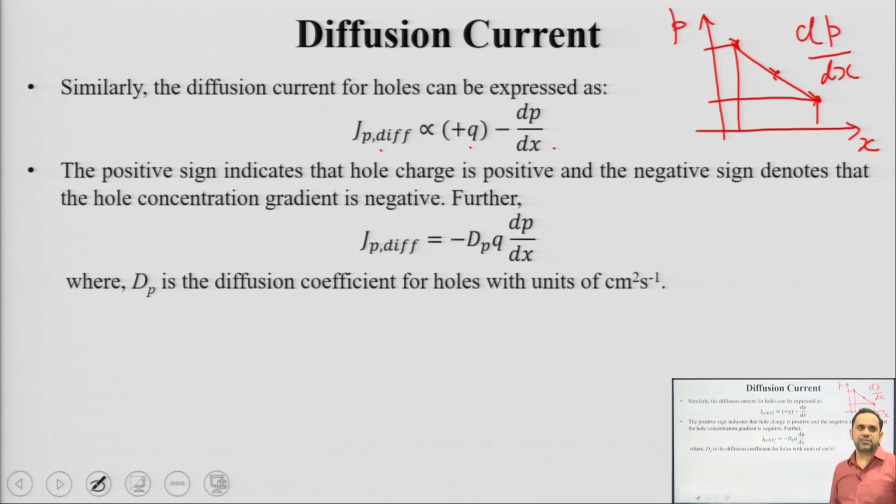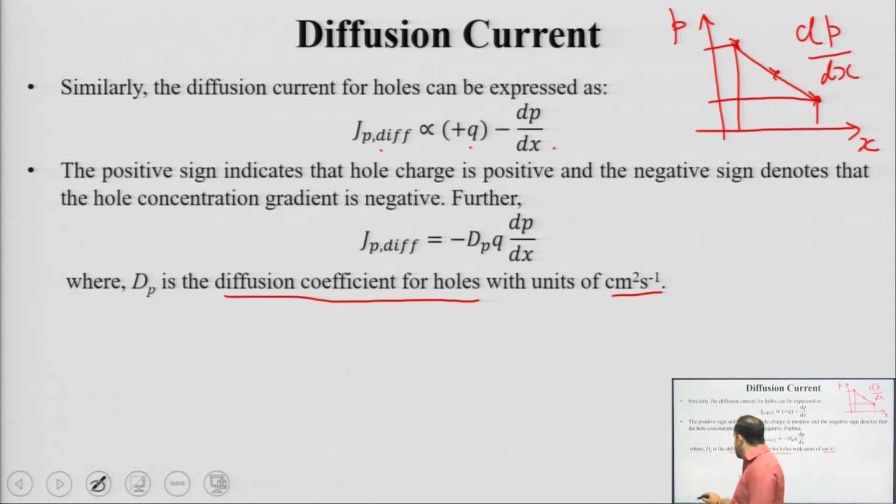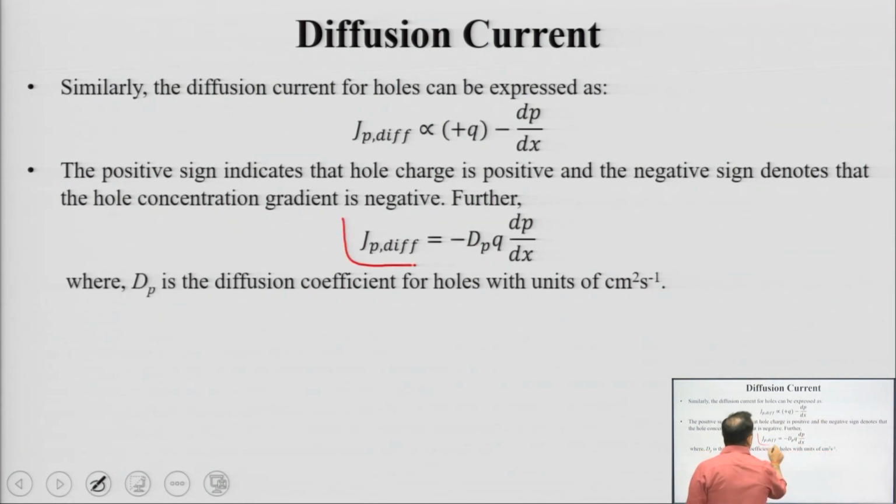But the charge here is positive. So, eventually your whole diffusion current is equal to minus sign q dP by dx, and the constant of proportionality is given as D_P, which is known as diffusion coefficient for holes. Units are same, centimeter square per second. Okay. So, this equation in the middle basically tells you the